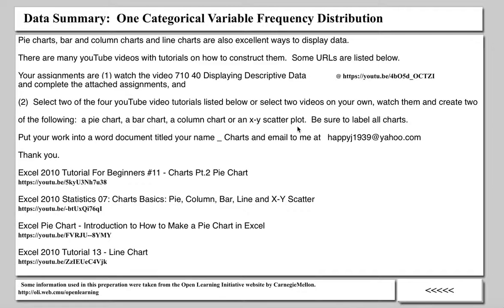To create 2 of those in Excel, put all of your information in a Word document with your name and underscore charts, and then email it to me at